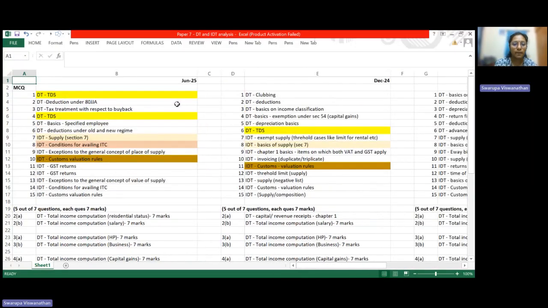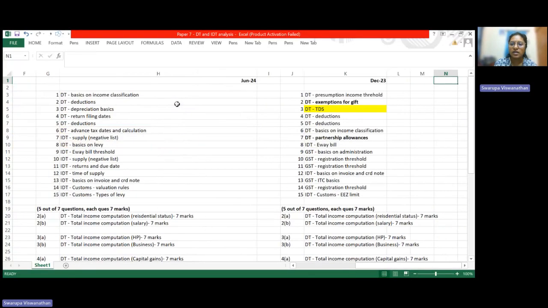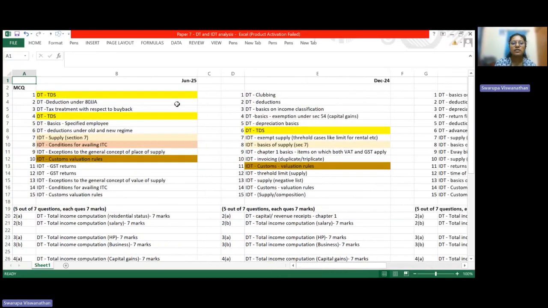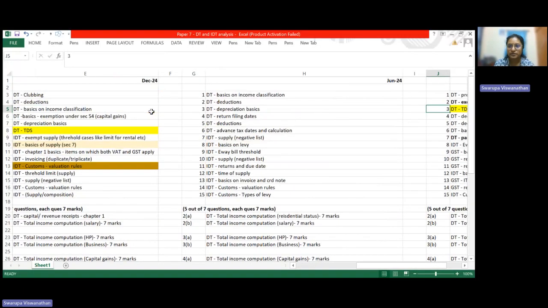So before we go into the topic, let us check on the previous year question papers and what has been the pattern of previous year question papers, because that will help us to understand the concept better and how we have to prepare for the exam. Because smart preparation is more important than very detailed preparation. So I have just done an analysis of different questions over the past 4 attempts.